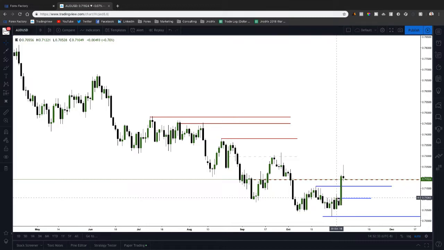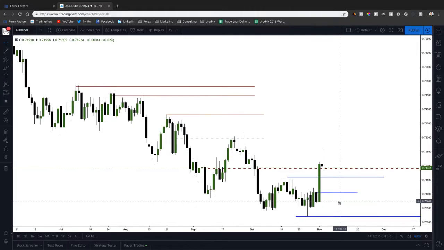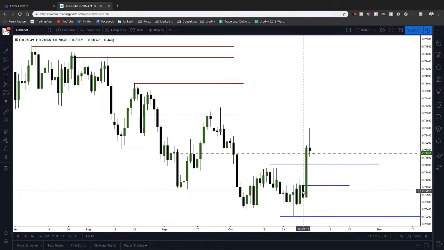Now, if we get back below the 50% level of this candle, which I'm just going to eyeball here for the sake of saving time, the 50% level, in my opinion, is about 0.70. My bad, I keep messing up. 0.7080. So if we can get below 0.7080, that'll be the 50% level of this bullish order block. And then I'll look for a run on the liquidity below this low. But honestly, guys, as long as we're above that level, we could see stronger Australian dollar.